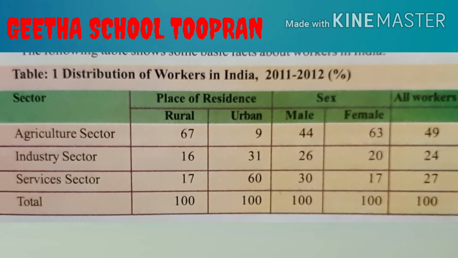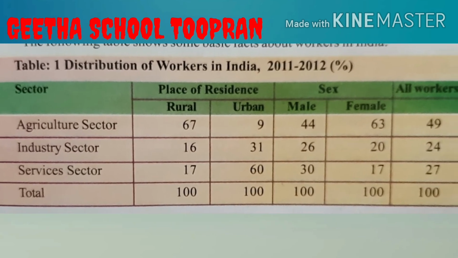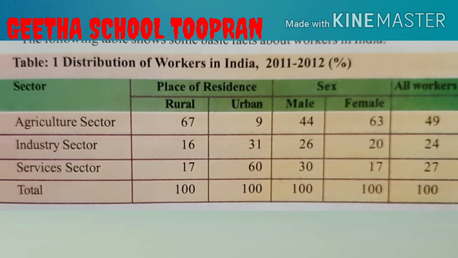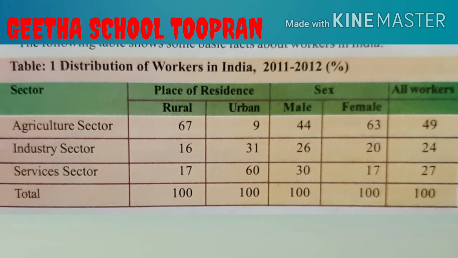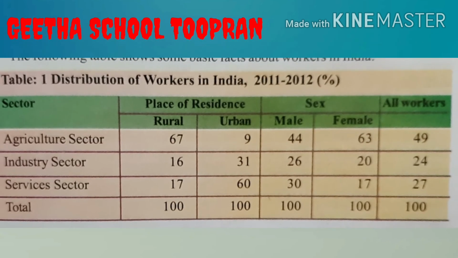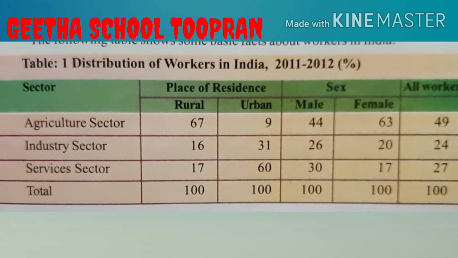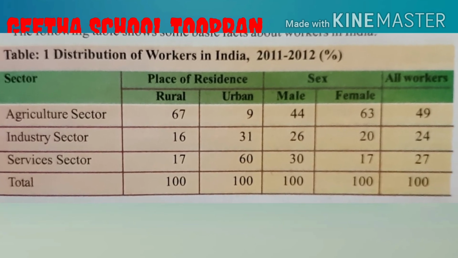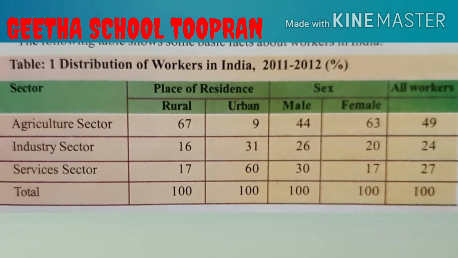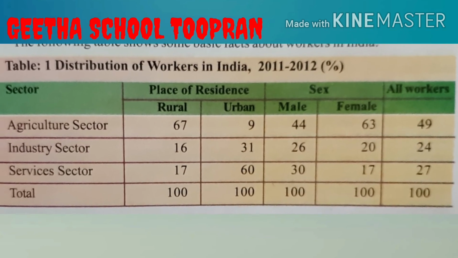Next, come to the service sector. In rural area, only 17% of people are working in the service sector. In urban area, it is 60%. Male 30%, female 17%. Here what you observe is, in rural area, most of the people are working in the agri sector. In urban area, most of the people are working in the service sector. Isn't it? And also, from the male female class, most of the male members, that means 30% of male are